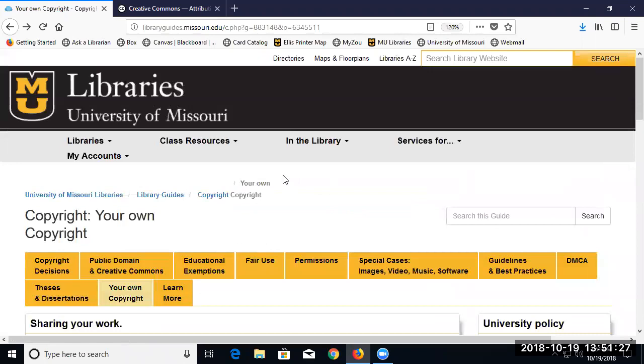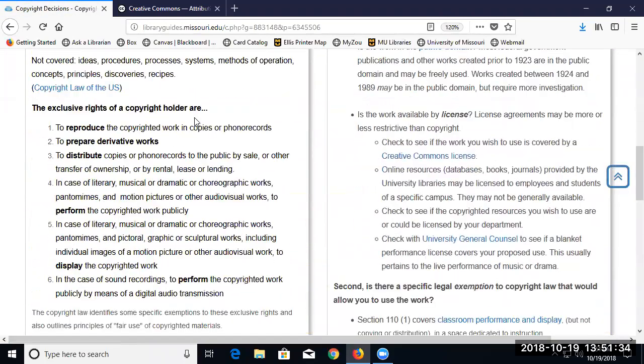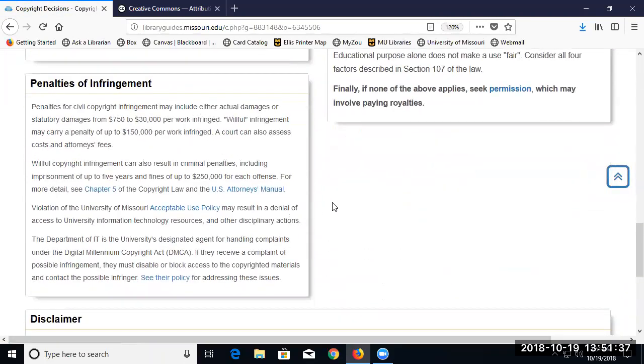Well, here's the question: how likely are you to get in trouble if you just disregard this whole hairy mess? On the first page here, we do have this box on the penalties of infringement. So this is where Lana might be able to tell us more from case law stuff. I'm not as familiar with the case law, but certainly there are potential penalties. I have heard of people getting caught. I've heard of it more in the music world or in videos, people passing along video music and getting caught by the companies doing that and getting nailed with these pretty hefty fees.